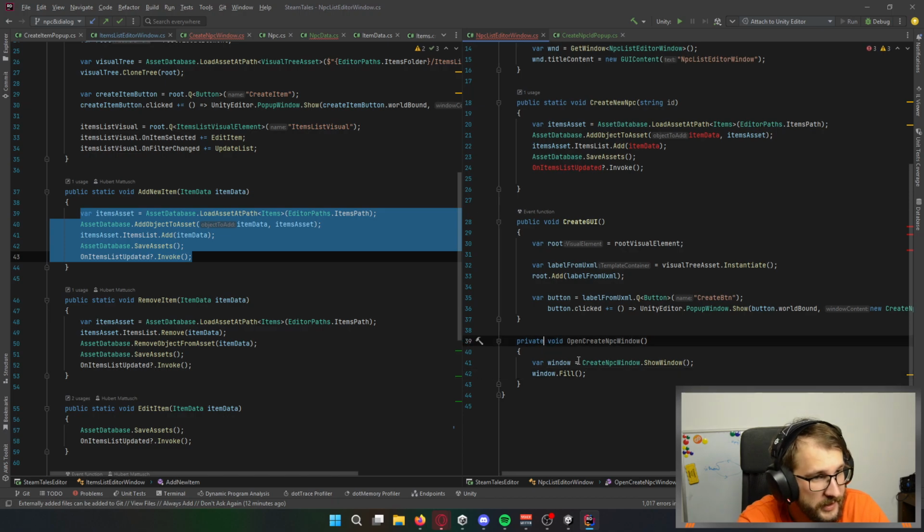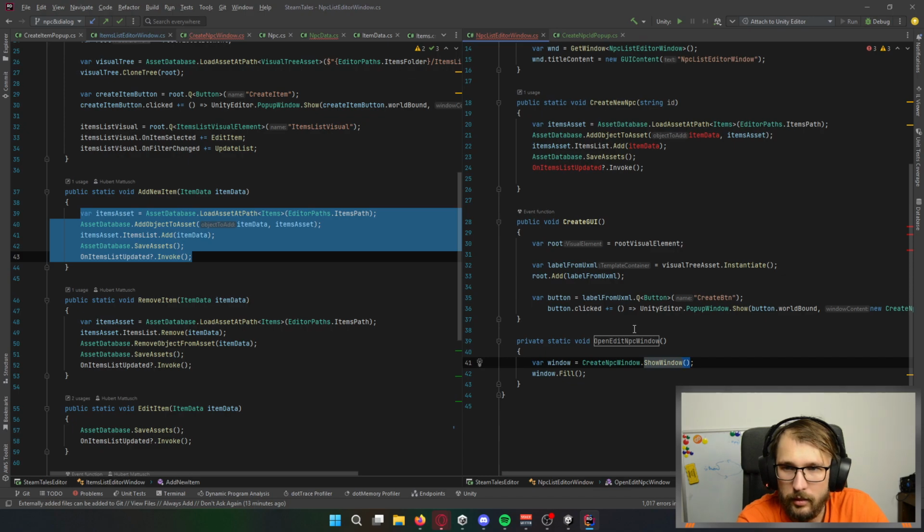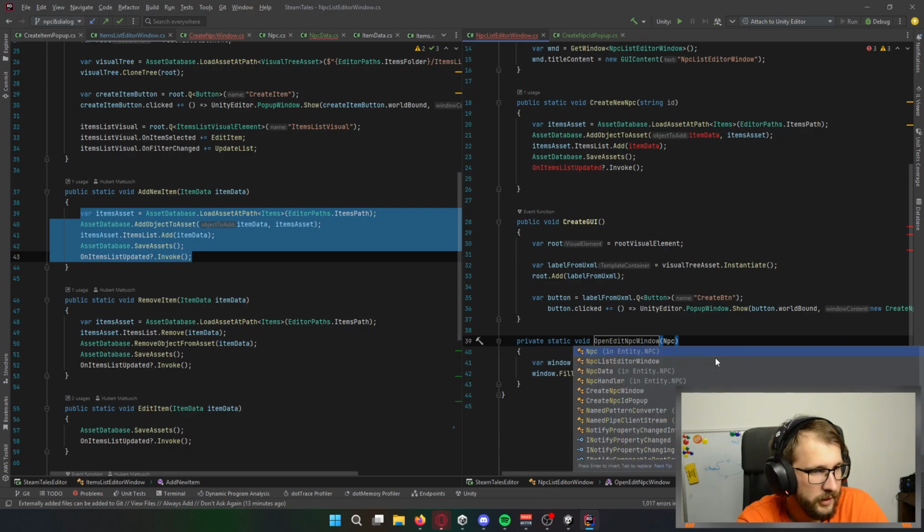Oh, it can be static. So OpenEditNPCWindow, of course. So this is this window. My own code from the other place. I will change something. Easy. I'm not doing anything bad.